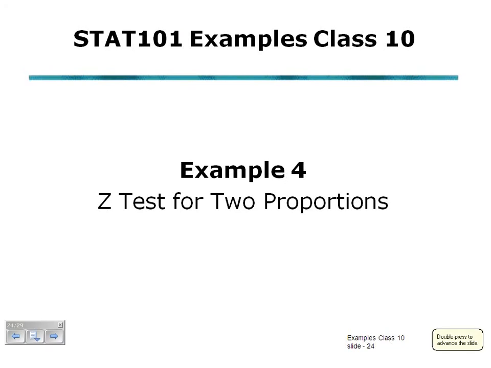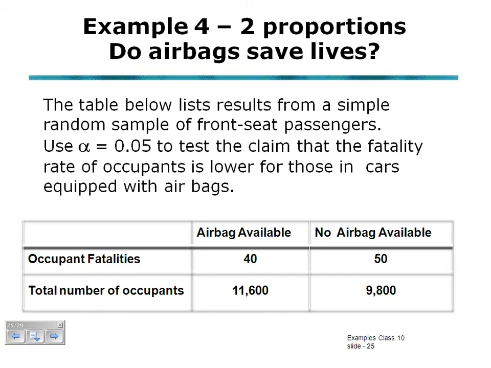So step 101, examples class 10. Example 4, a z-test for difference in proportions. So two proportions, and our example here is about airbags. So we have a table of results from a simple random sample of front seat passengers, and we're required here